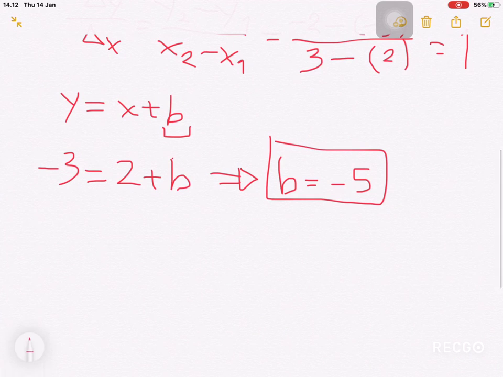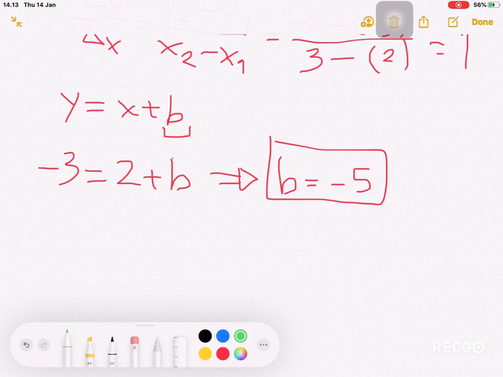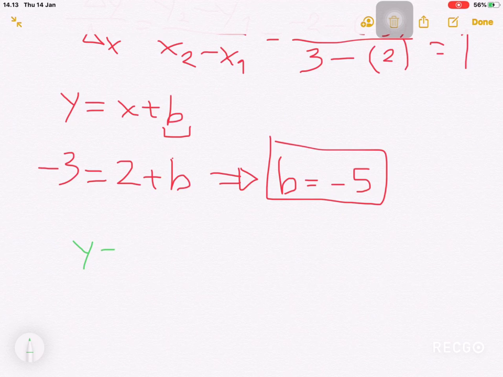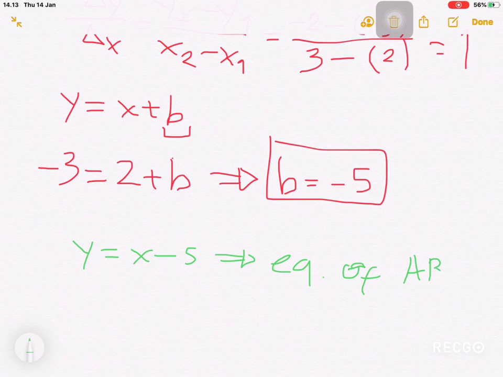Okay, so our final answer is the equation y equals x minus 5, which is the equation of the line AB. So we can just pretty much calculate every point on this line, so we can substitute, like when x equals 0, we can get y equals -5. So yeah,